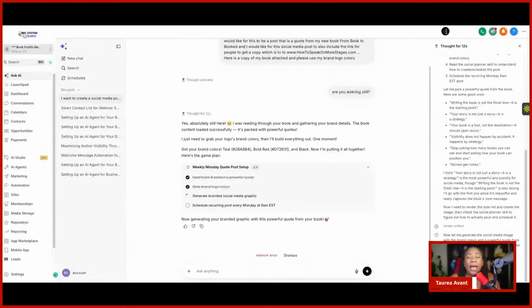Does that make sense? This is what's so fire about our software: whatever way you would think of it, like if you were assigning this to a VA. When you start to truly understand the power of AI and what this tool can do in the software, many of you are going to wrap your heads around the fact that you really can have an agent doing a lot of the stuff you need done.